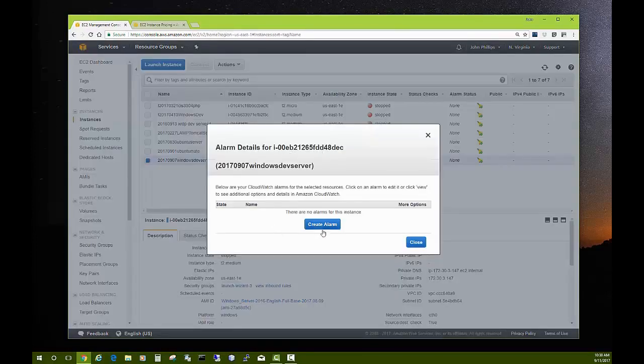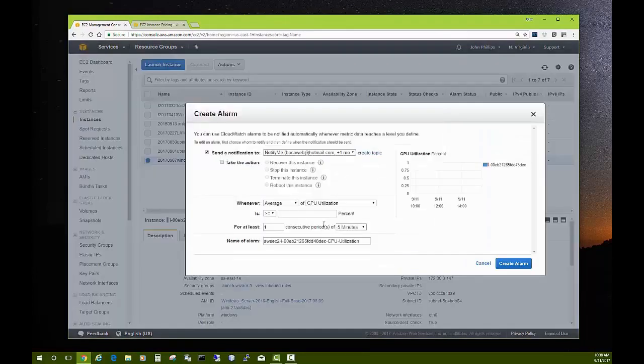After we click that, we can now create an alarm, and you can have it notify you if you want, or you can uncheck that box. The main thing to do is take the action box and tell it to stop this instance. Now we have to tell it when to stop the instance. We could try average, or we could try maximum, one of these, and I'll try maximum of CPU utilization is less than or equal to, either one,